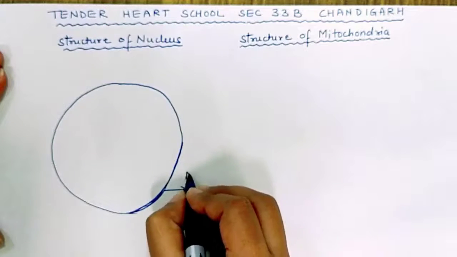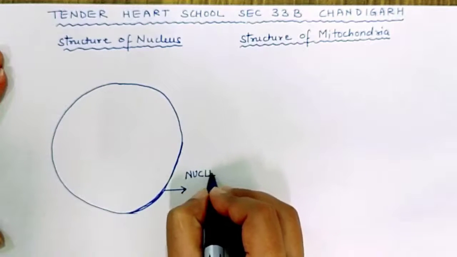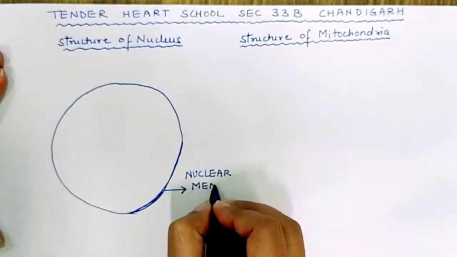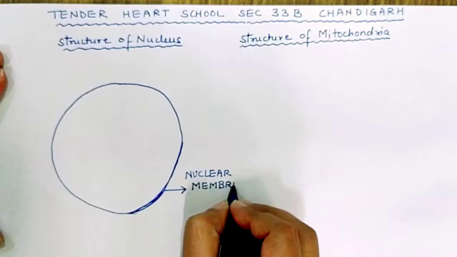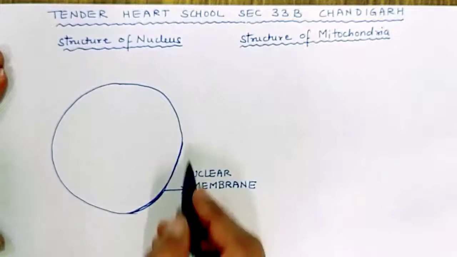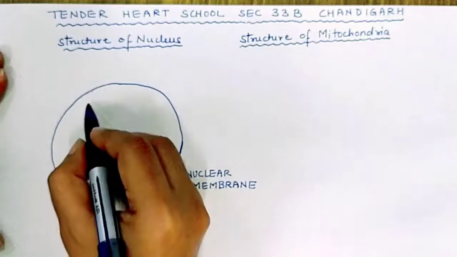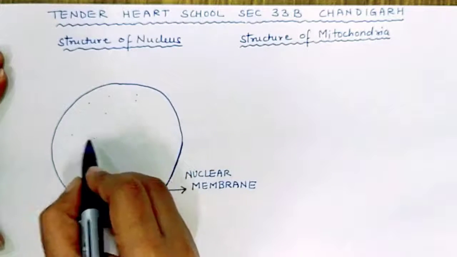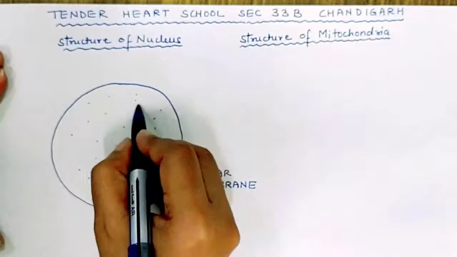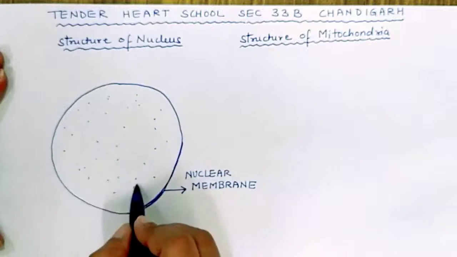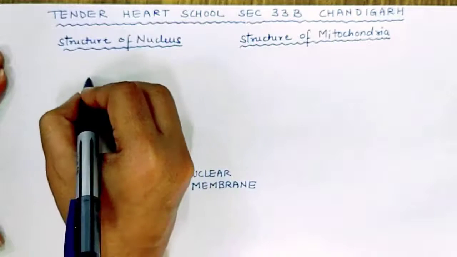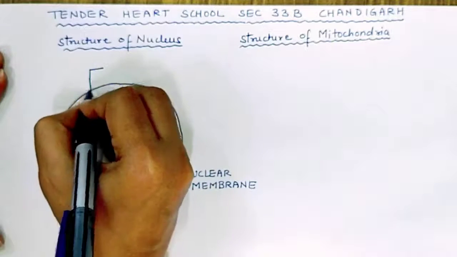So let us label nuclear membrane. Then inside this nuclear membrane, the fluid which is present is called the nucleoplasm. The fluid inside the nuclear membrane is called the nucleoplasm. So let us label